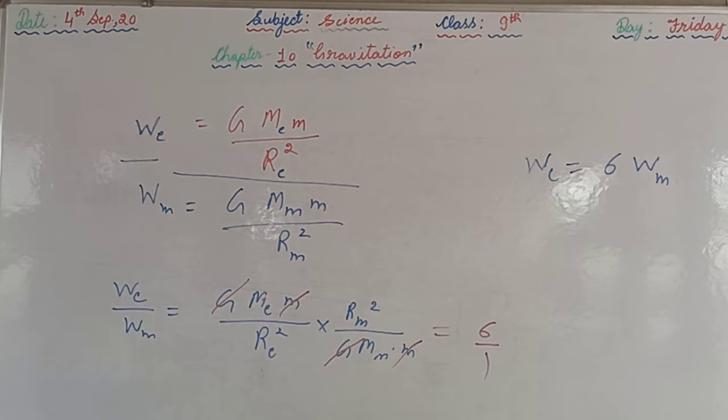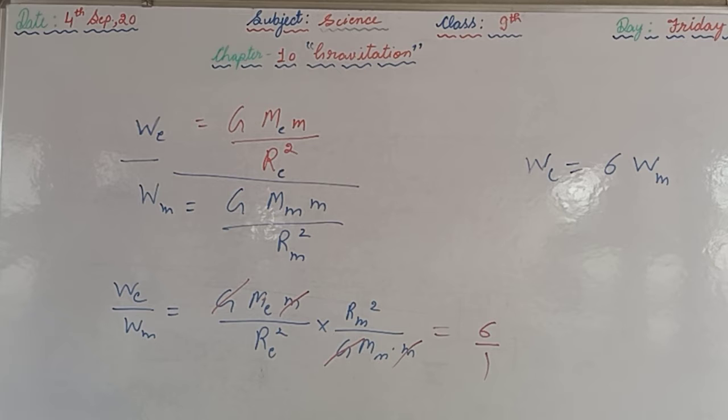As example 10.4, mass of an object is 10 kilogram. What is its weight? Weight will be mg, so m into g. What is g? Acceleration due to gravity, that is 9.8. 9.8 into 10 is 98 Newton. The weight will also always be in Newton. At the same time example 10.5 is there, you are supposed to go through that, and some questions are there.